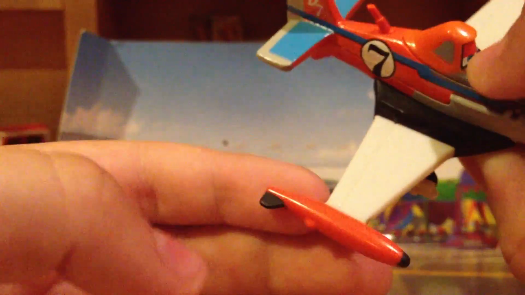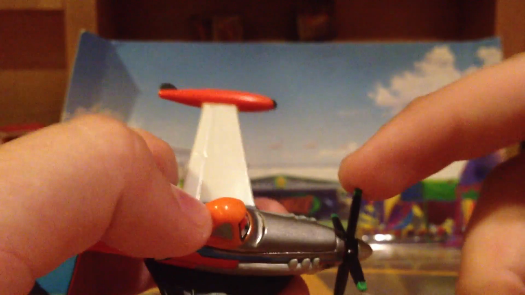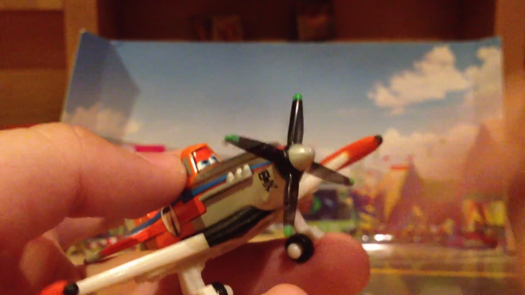So again, he also has these new wings with the kind of cool design to him, and he kind of has a more gray tone to him. See this kind of silver there,